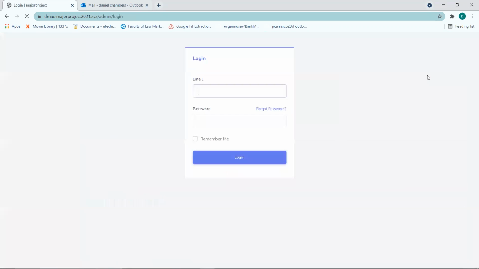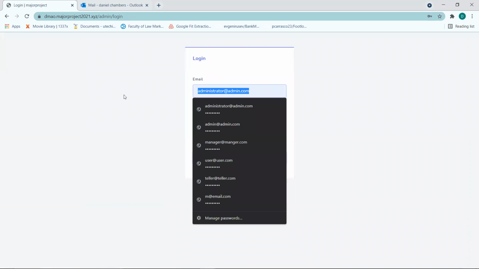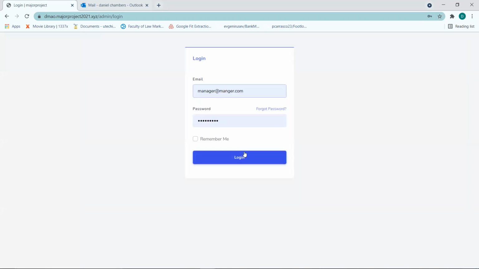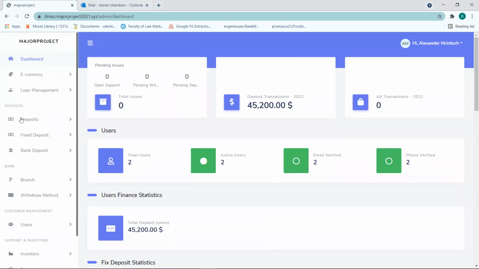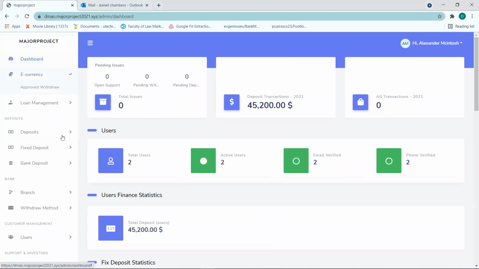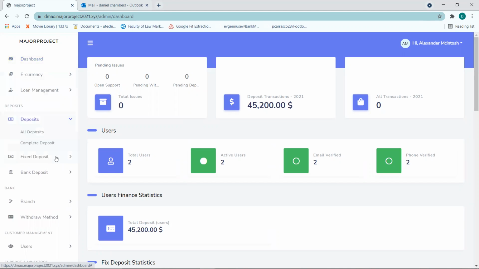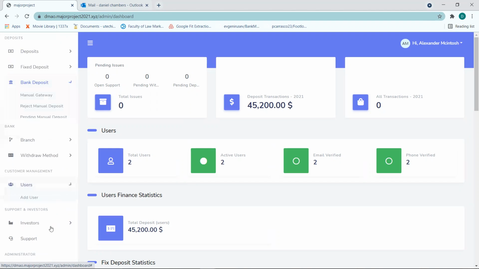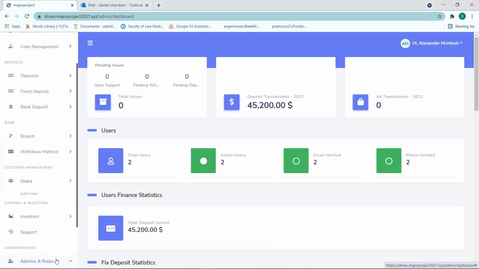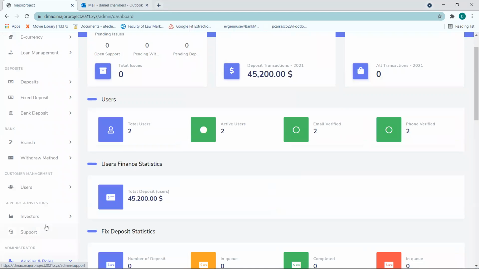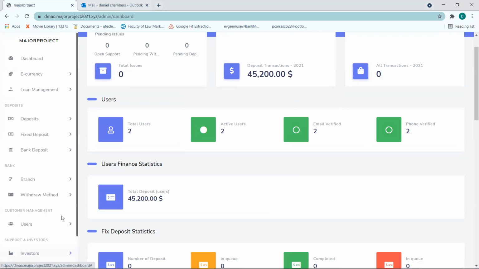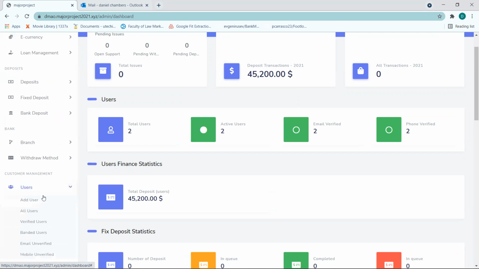So now we're going to log in as a teller manager. Here we can see that all these options are available to the teller manager. But here we notice that the admin can't use that drop down at all. So we're going to first create a